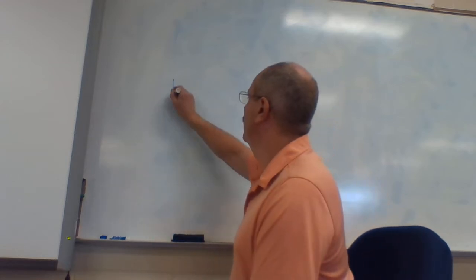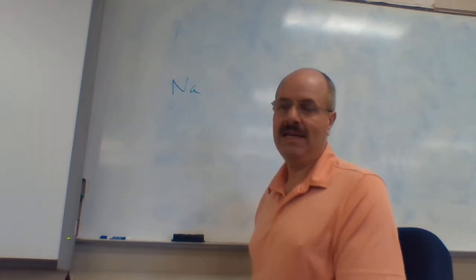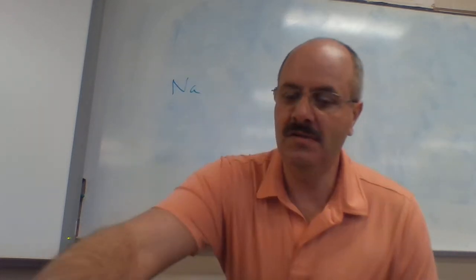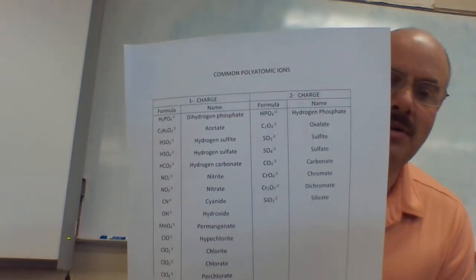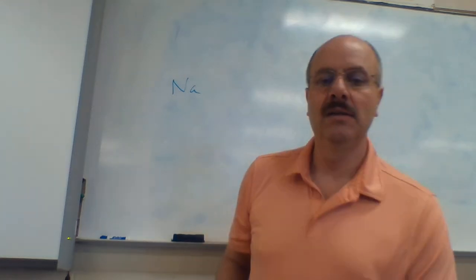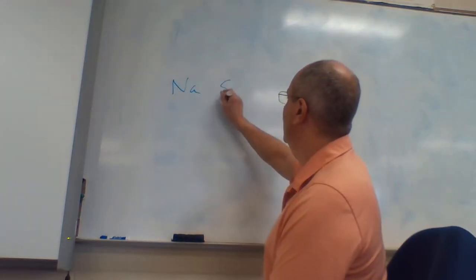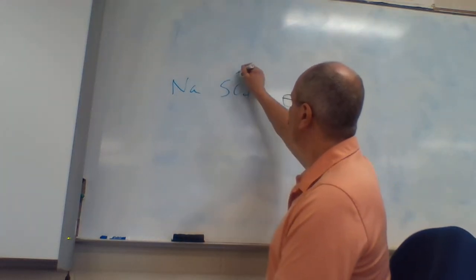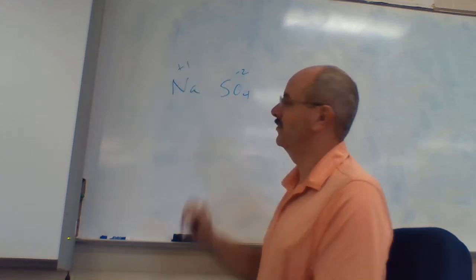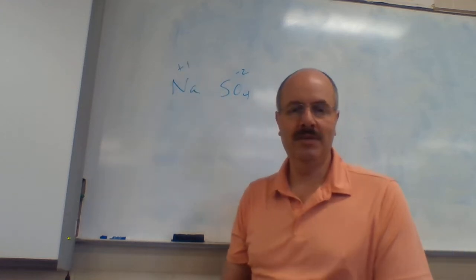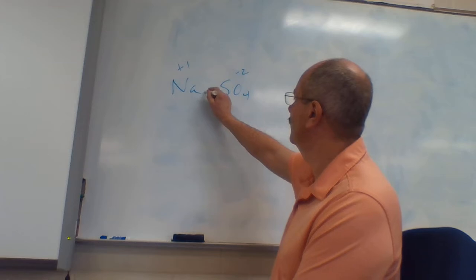So we got Na. Then we have sulfate. Oh, it ends in -ate. So that means, remember, you got to go to this chart here, that polyatomic ion chart, and look up sulfate. And sulfate happens to be SO4, which is -2. This guy is +1. Well, those don't cancel each other, so crisscross it. The 2 comes over here. We end up with